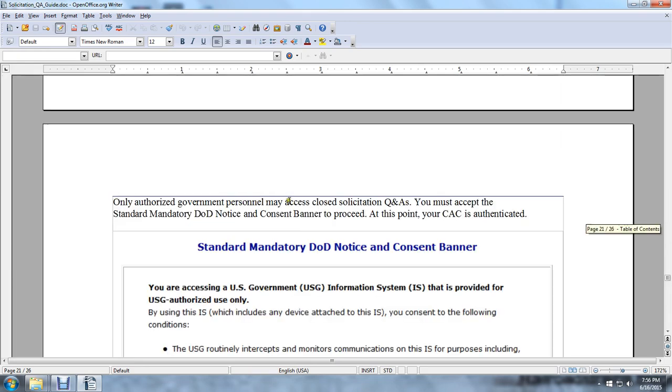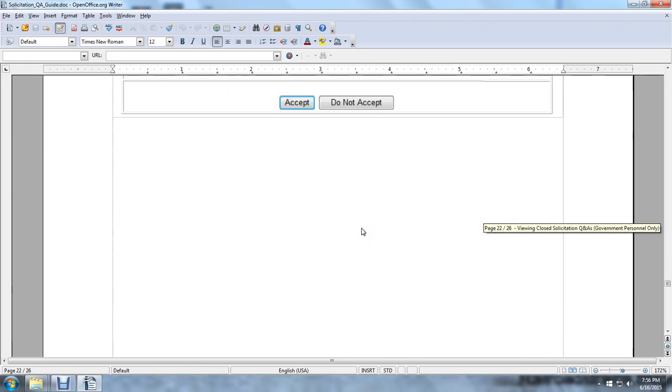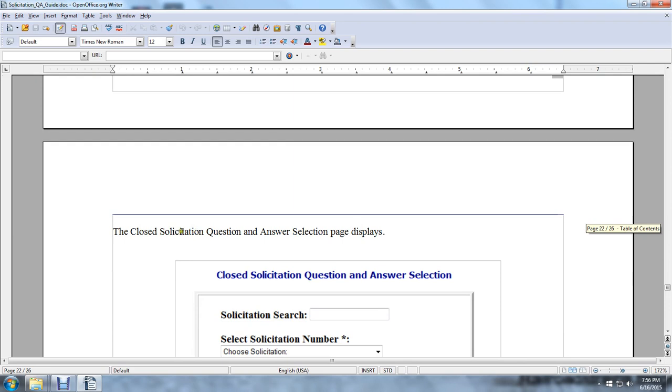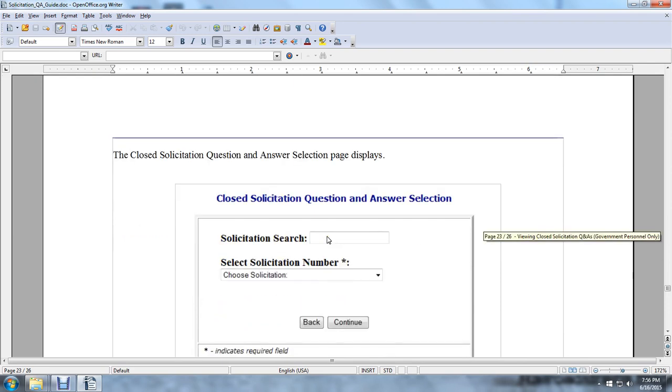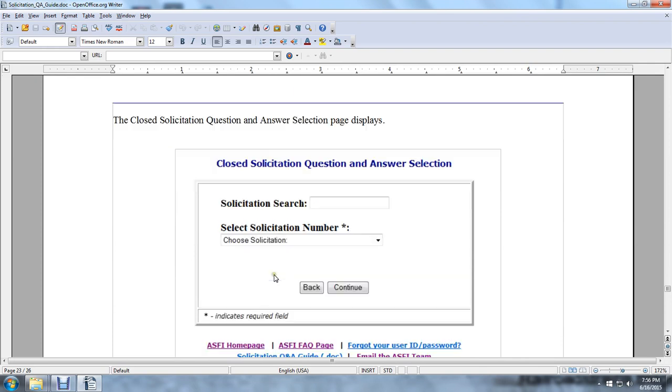Only authorized government personnel may access closed solicitation questions and answers. You must accept the standard mandatory DoD notice and consent banner to proceed. At this point, the common access card is authenticated. Once again, after the notice and user agreement acceptance, the closed solicitation question and answer selection page displays. Closed solicitation question and answer selection. Solicitation search, solicitation number. Choose